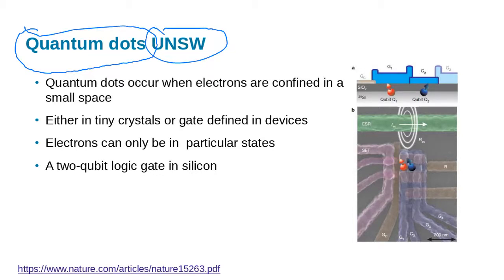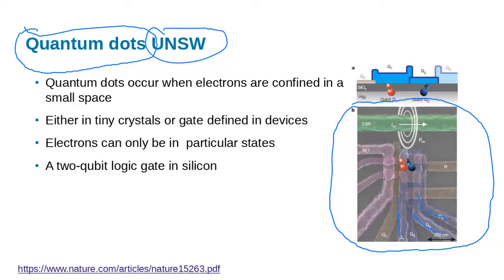So this is showing a microscope image of a quantum device, and these metal patterns here, so these are gates, and there's voltages applied to those gates that confine electrons in particular spaces here, so we can confine them at two particular points. So just by applying the right voltage there, we've kind of created two things that behave like atoms, so two areas on this silicon microchip where electrons are confined and they take on